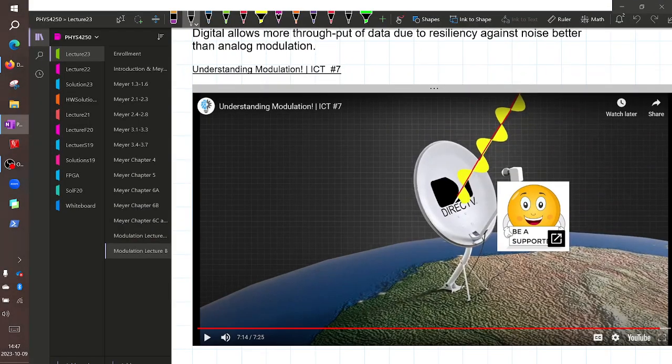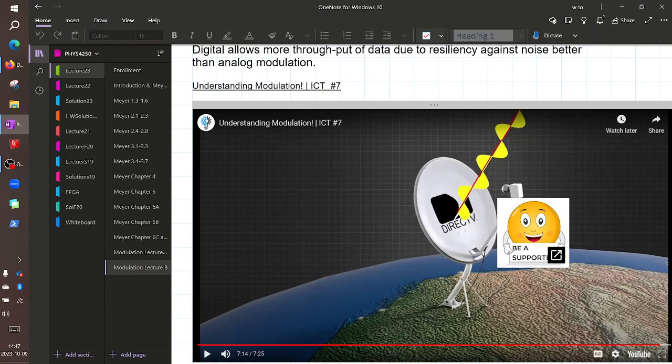Okay, so that's the modulation. So hopefully you'll get to do a little bit of this